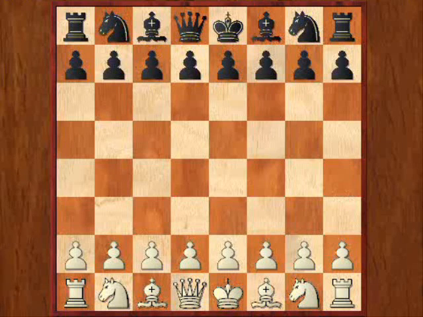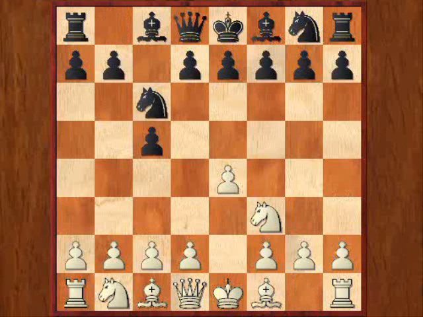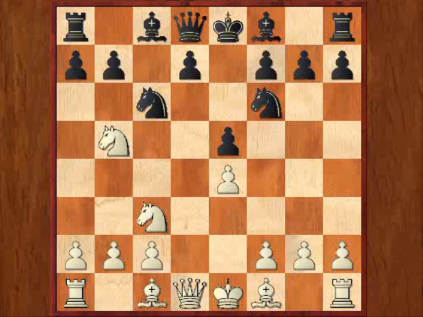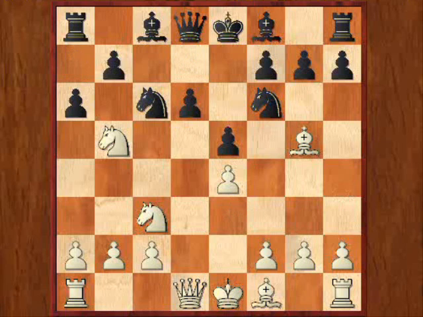Of course we know the Sveshnikov goes like this: e4, c5, knight f3, knight c6, d4, exchange on d4, knight d4, knight f6, knight c3, e5, knight b5, d6, bishop g5, a6, knight a3, b5. And here of course there are some ways to play. Knight e5 at once is possible, but also bishop takes